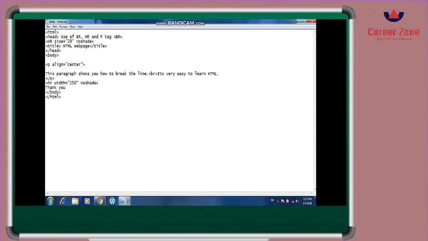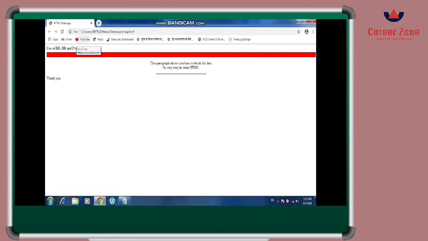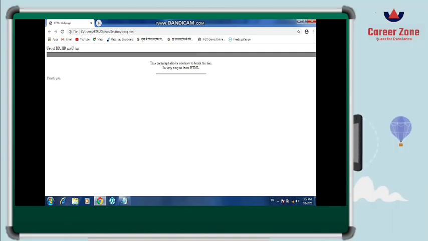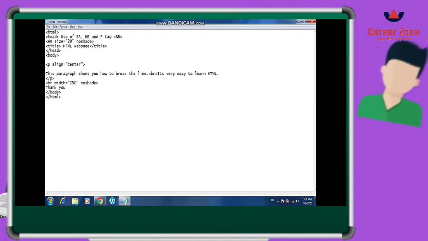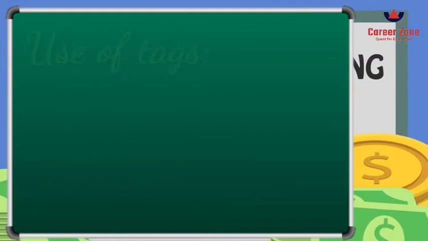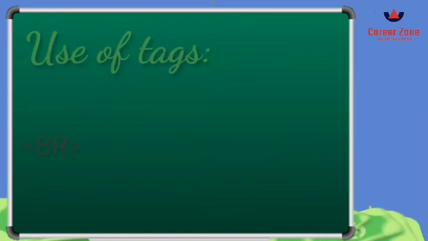I have defined noshade, so it will be clearly visible how noshade looks. See how noshade is looking, right? The noshade and color attributes cannot be used together for the HR tag, as if you define noshade and color together, only the color attribute will work, noshade will not work.